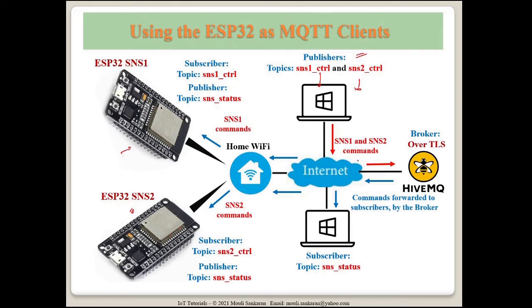So this is how a typical IoT network can be controlled using the beautiful protocol MQTT. It doesn't expect too much power to be supplied by those IoT devices, and it doesn't expect the Wi-Fi network or even the internet connection to be perfect. Even then, the whole thing can still work and the IoT devices can perform accordingly.